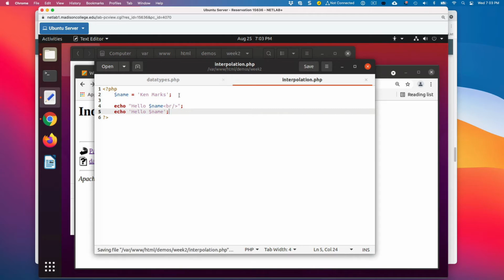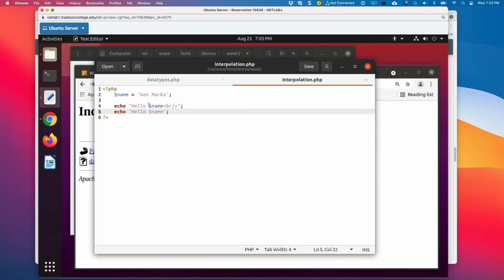So these are going to function differently, and the clue is in the color coding that you're getting right here. Line 4 is going to output the interpolated value of name, so it's actually going to output hello Ken Marks, whereas line 5 is going to echo out verbatim whatever is inside of these single quotes. So that's really important to know.